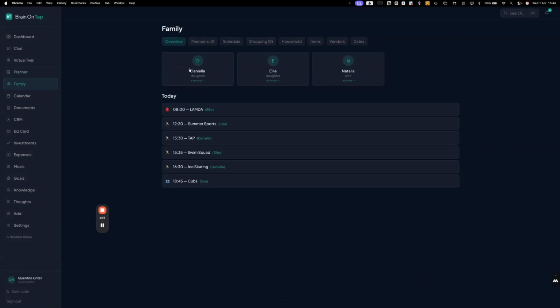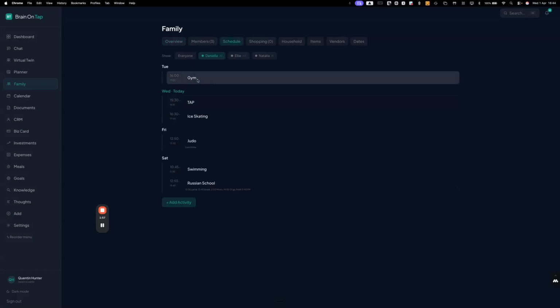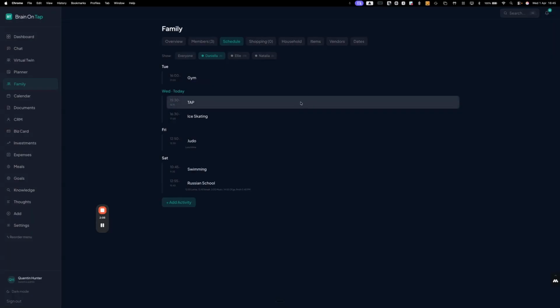In here, you can put your family members and the activities they're involved with. So if you've got children, you can put in their classes, when they are, what they need to do and take with them. Other family members, you can store items about family that you need to store in one place and have to hand all in one handy location.